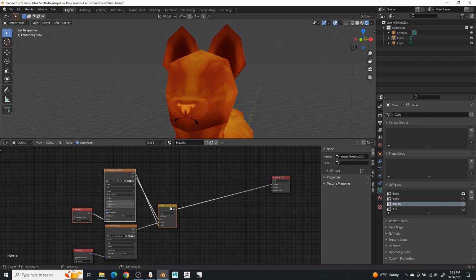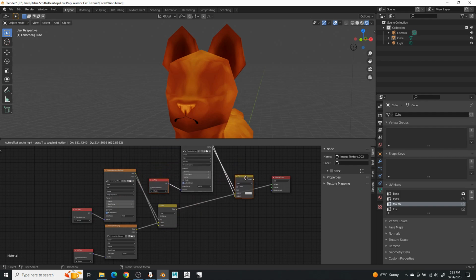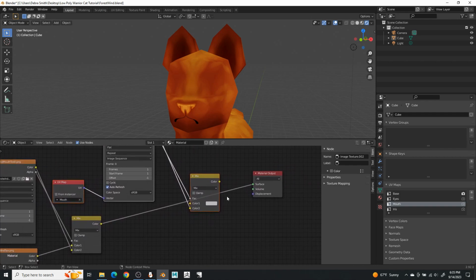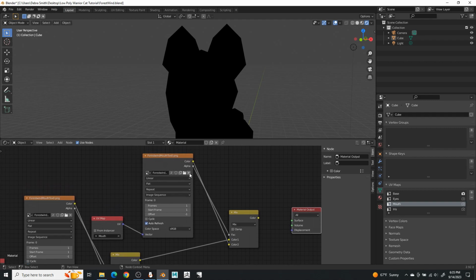And then press Shift and D, drag and click to duplicate it. Take this from surface, plug it into color 1, change this to eyes,